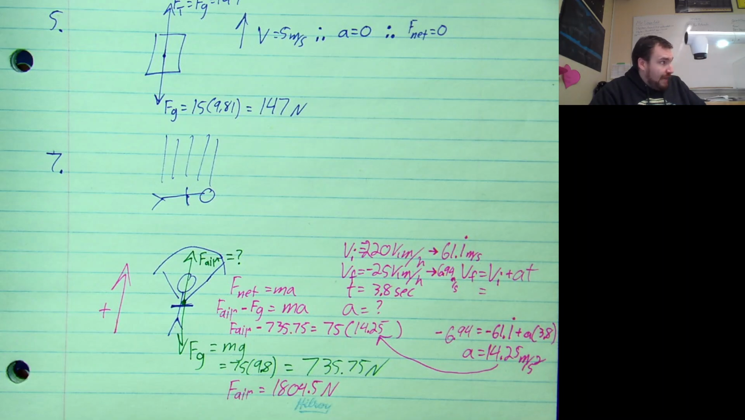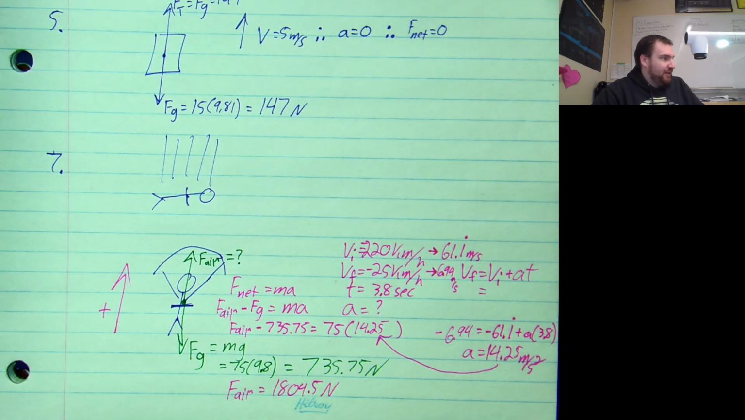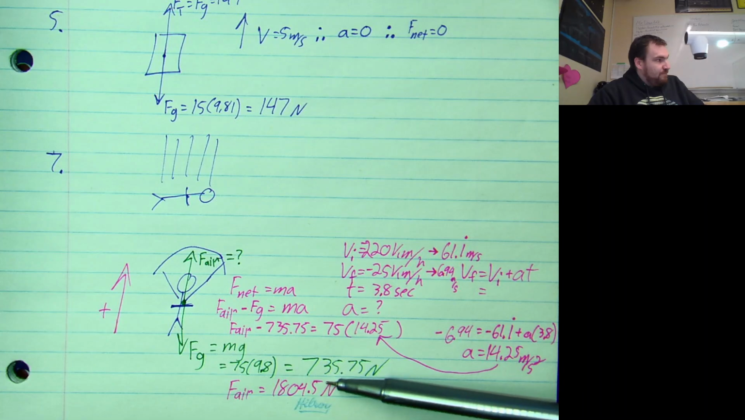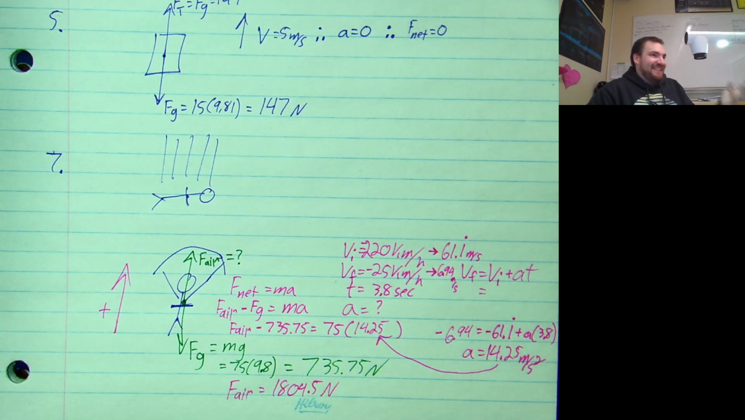Negative? No, can't be negative. That means F air all of a sudden is pushing down, which means she's speeding up downwards again. That's a problem. Oh, that's why, for example, when you open the parachute, you can go up and then go down again. No, see, this is where your experience with the real world and your experience